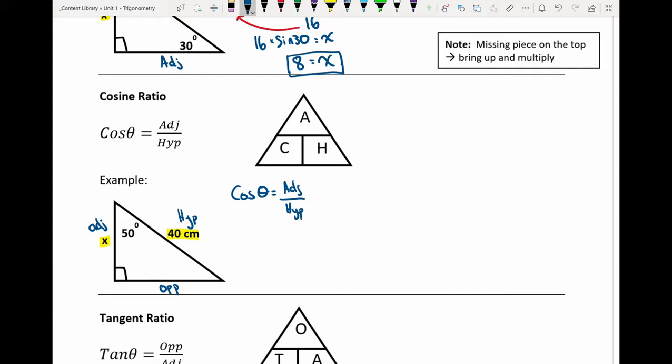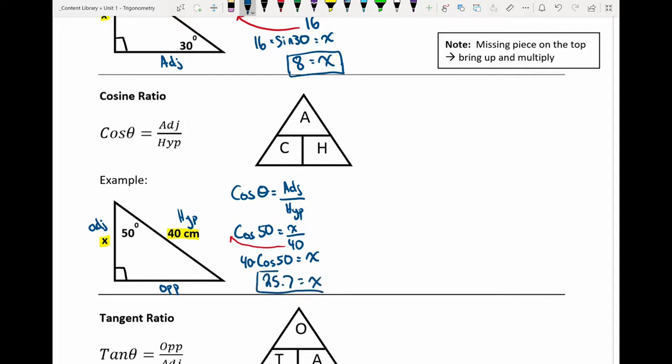And then I'm going to go back and fill in my given information. Cosine of 50 is equal to known over 40. Again, this is very similar to that last question where I have the missing piece on the top. So I have to bring that up and multiply. So 40 times cosine 50 is x. When I do this on my calculator, I should get 25.7